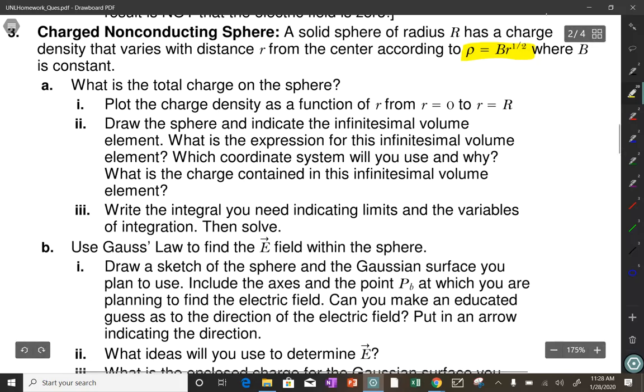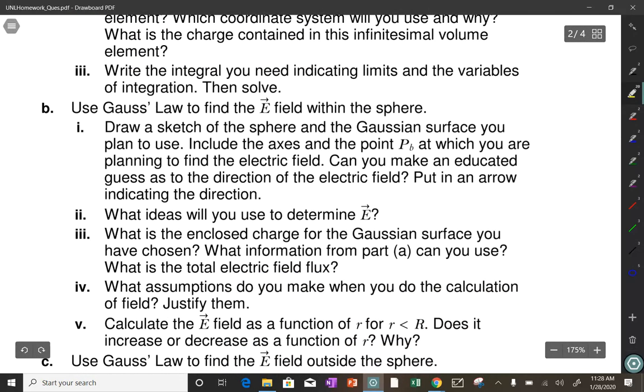So note your first thing is what's the total charge in the sphere. So that's the only place where true integration occurs in this problem, because you have to integrate, and this is going to be 0 to capital R because you're doing the entire sphere. Now, if you get down here, of course, you have draw your sketch, blah, blah, blah, what ideas, drawing your Gaussian surface,